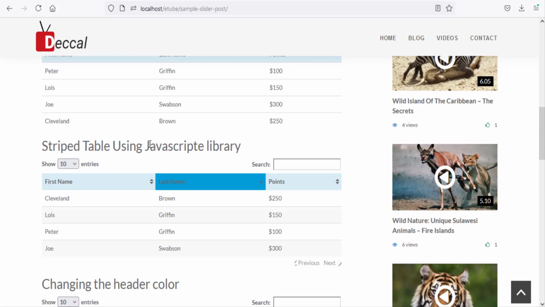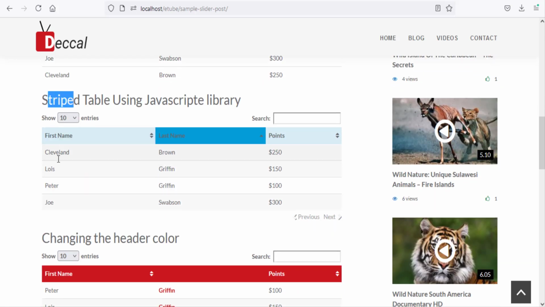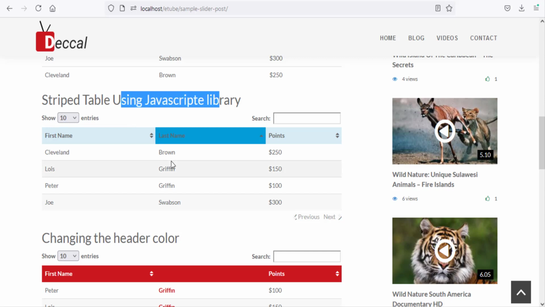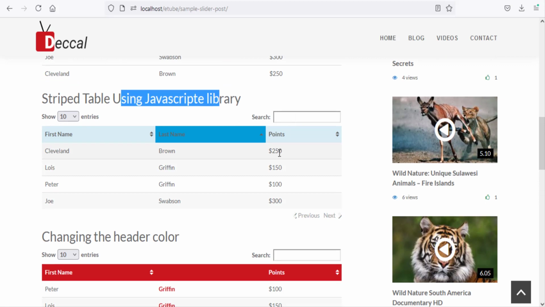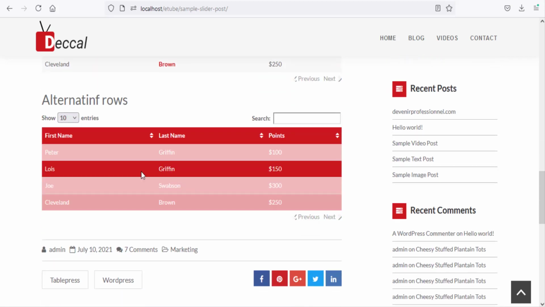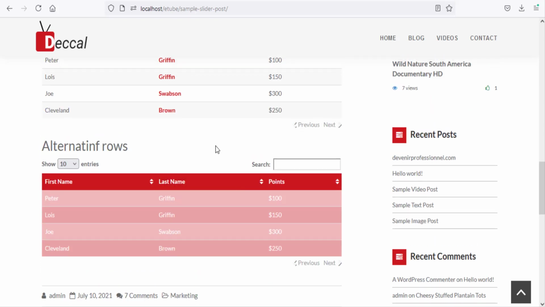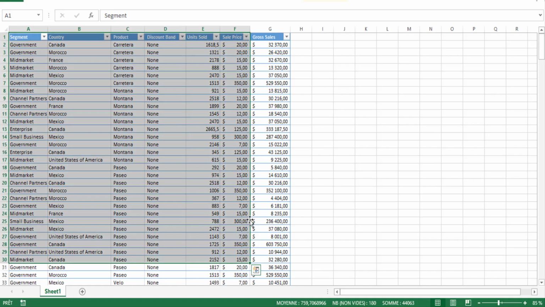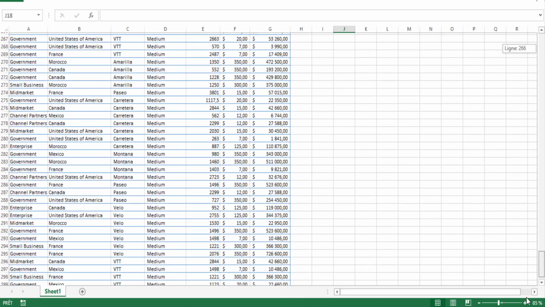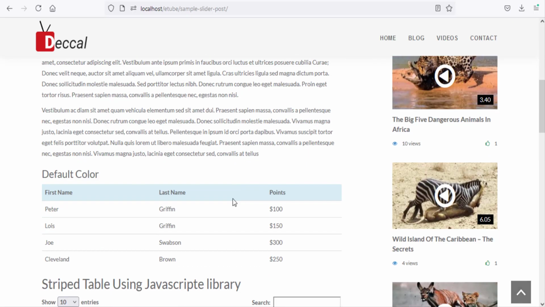I'm going to show you how to create a table. For example, this is the first example, a simple table. Here is a striped table, zebra color, using a JavaScript library that allows the visitors to sort and to search any information. Also, you can customize the color of your table to fit your website. Another thing that we can learn here is that if you have a big table like this example, you can import it faster to your WordPress post or pages by using this wonderful and